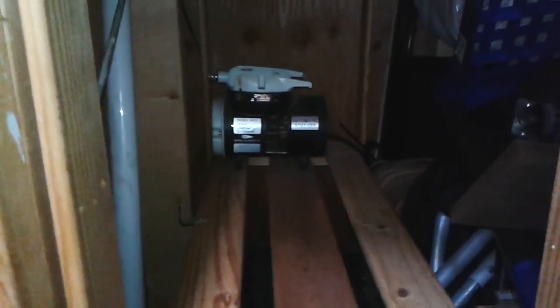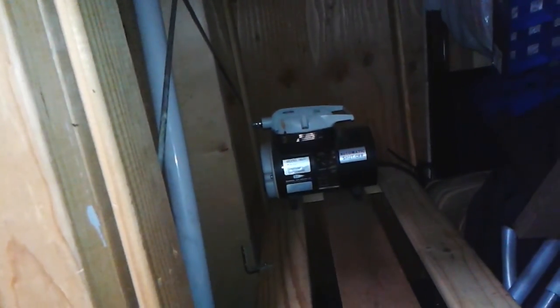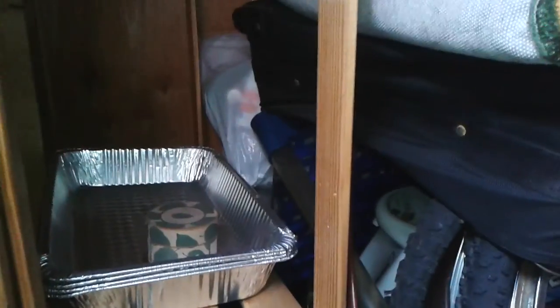And another thing I forgot to show you guys is my little air compressor. I've got another air compressor that's just 99 bucks, but I need to modify that and put like 2 tanks on it and things like that. But I got some airline hose right there, and that should be able to fit as much as I need. And then just having 90 psi all the time with just a junky